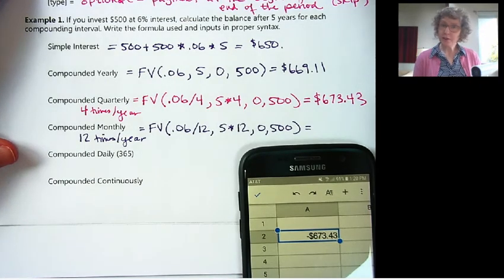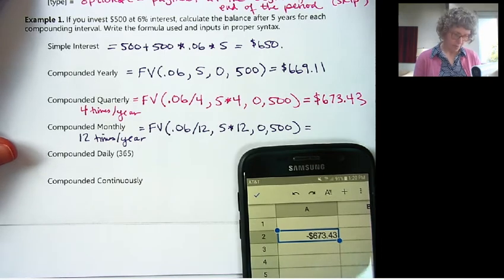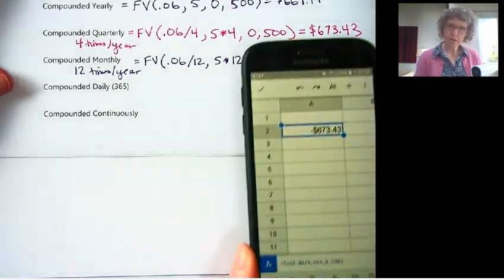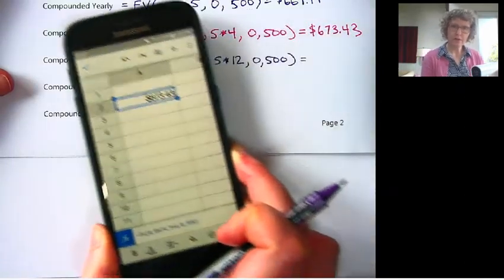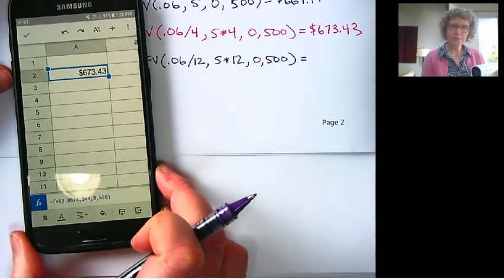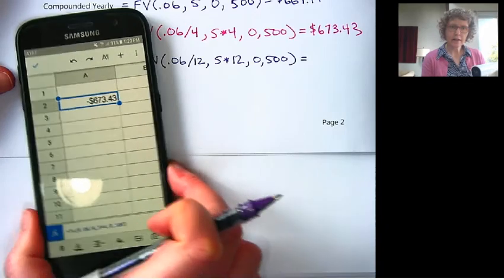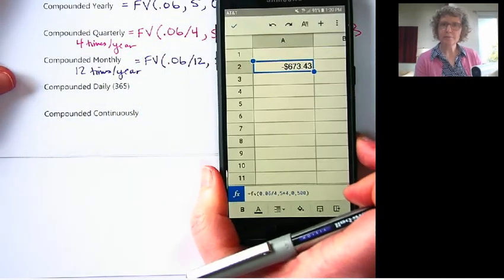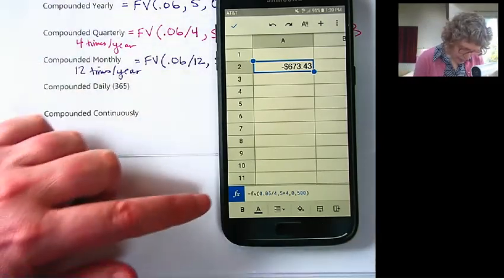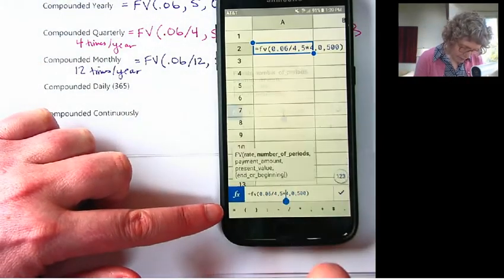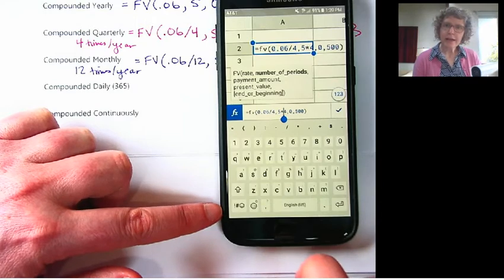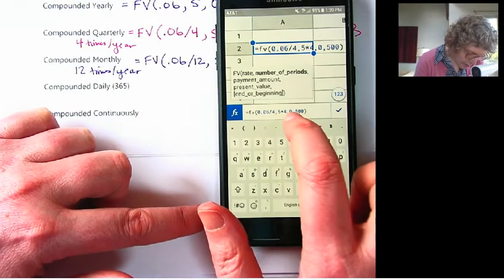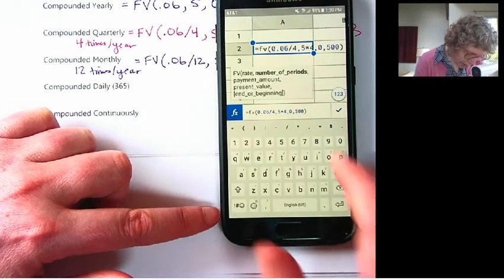Let's see if I can go in and just modify my formula. Scoot this up so I can, it's hard to get everything on the screen here. Now it's got the glare from the light bulb. Okay, I'll just cover it up because I know what I'm doing. I want to see if I click down here, if I can just edit my formula. I wish the whole thing was a little bigger.